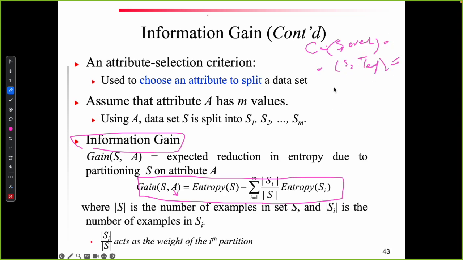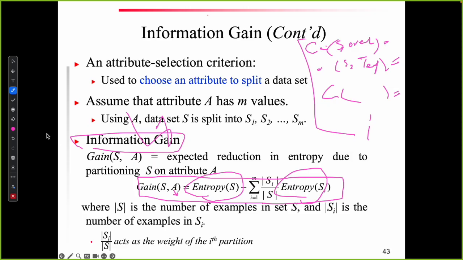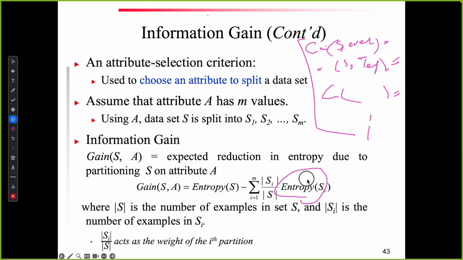And the same thing for all other attributes that you have. How can you make this? You have to first find the entropy of your whole set and also the entropy of all these subsets. I'm going to provide more examples and explanations next session, but as a wrap up for